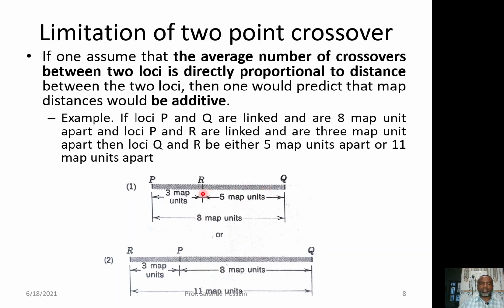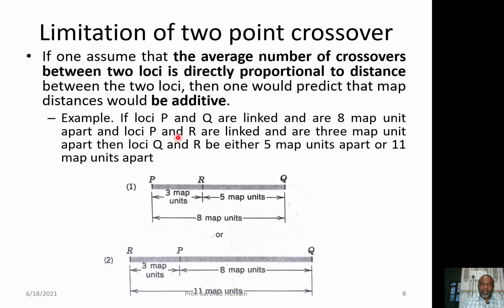No, there are chances also that this R may be present on the left side. In that case you simply add 3 unit to 8 unit. So, it means R may be present on the left side and the distance between Q and R would be 11 map unit. So, either you may have the 11 map unit or you may have the 8 map unit. So, you simply go on adding and deducting. This is the additive property with the help of which you can simply place the genes present on the chromosome at a proper loci.